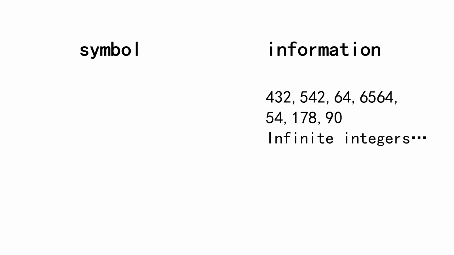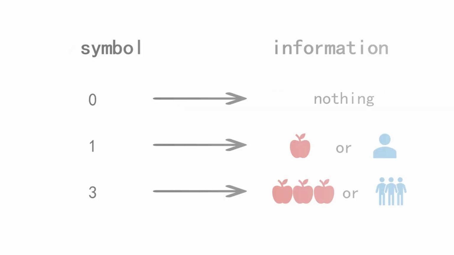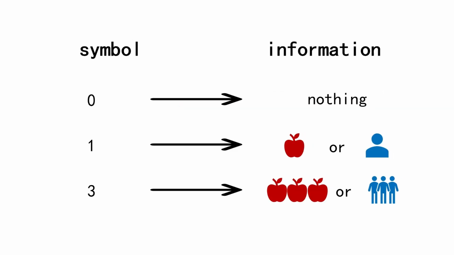Take numbers as an example. There are infinitely many quantities that we may want to describe. At first, it may seem that we need infinitely many symbols. But in the decimal system we use every day, we can represent any number by combining these 10 symbols. Each symbol represents a quantity. 0 means none. 1 means 1. 3 means 3. It does not matter whether we are counting apples or people, because quantity itself is an abstract